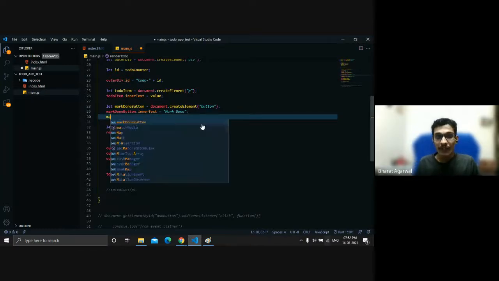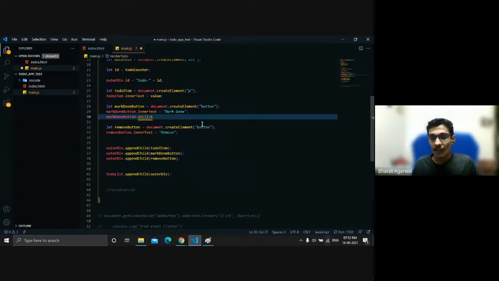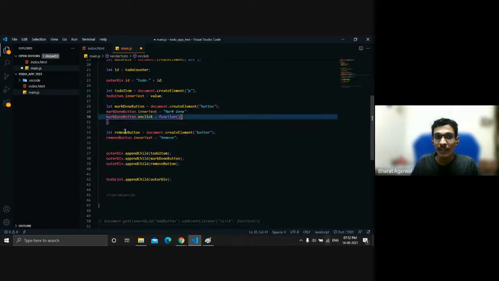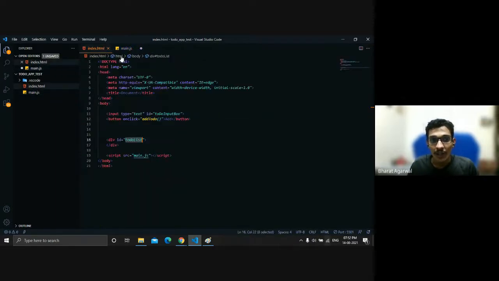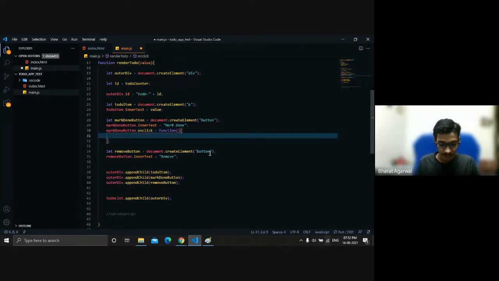So what I want, my markdown should be performing some action. How will it? As we already saw, there is a method called onclick. So this is a function. So I'll create a function, and I want to mark this node as done. As I already showed you, this onclick calls a function. This markdown button onclick, it will call a function. In this function, we can also call some other function, like markdown function, so we can do this as well.